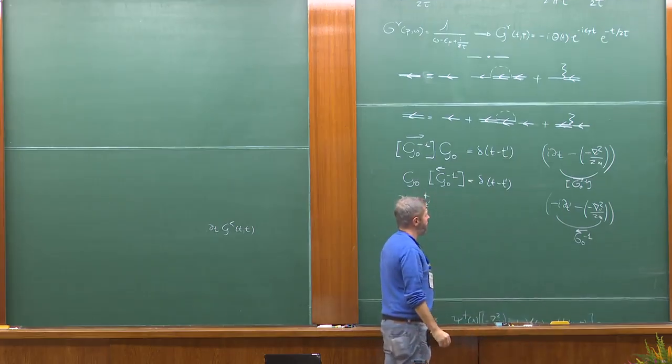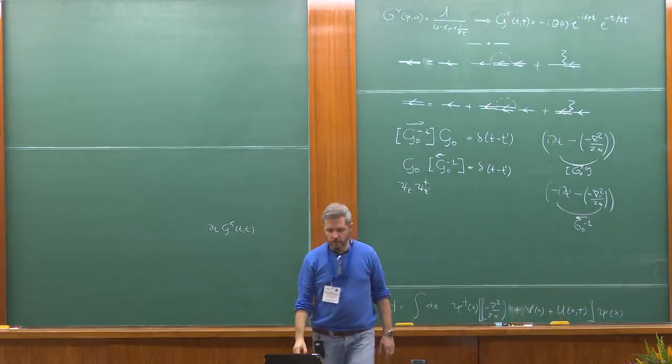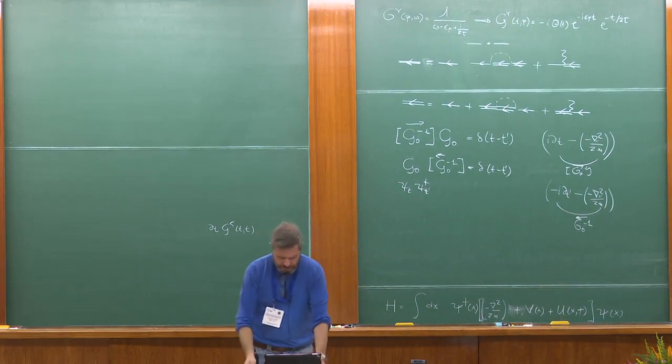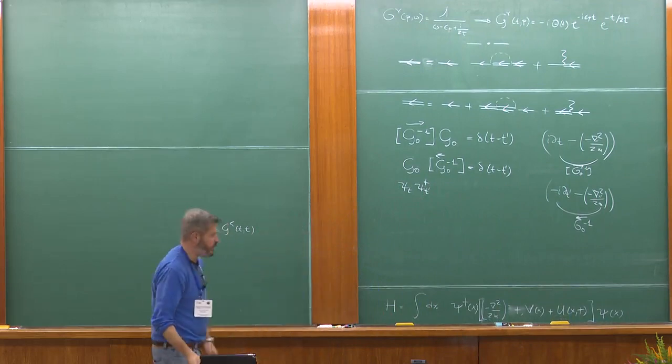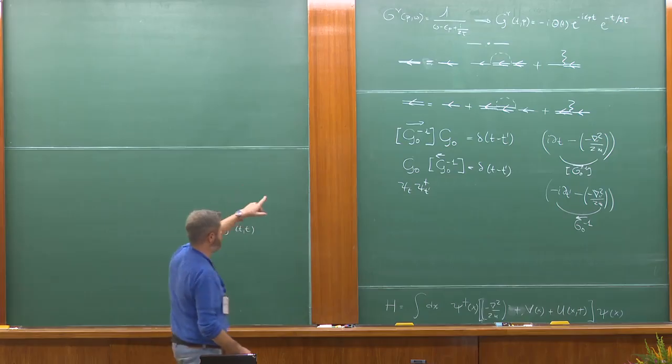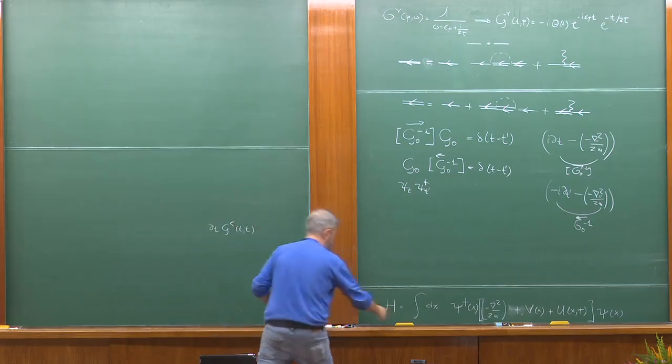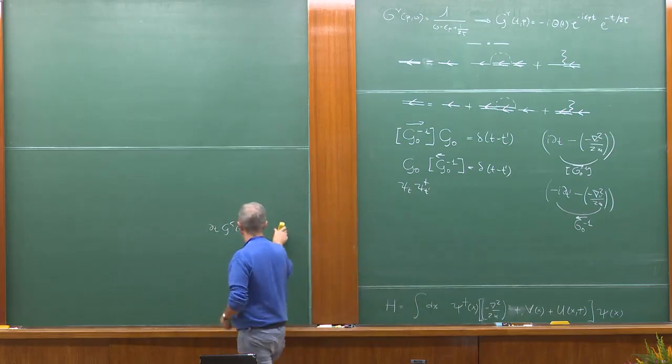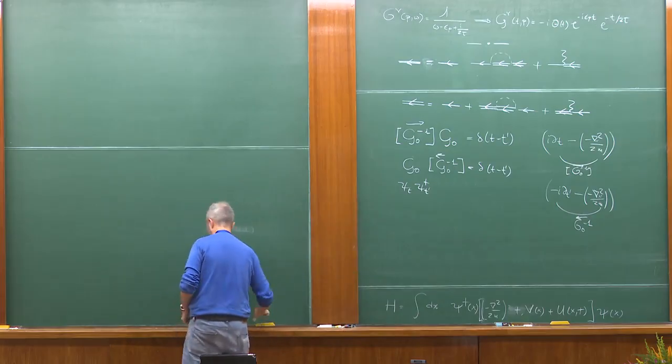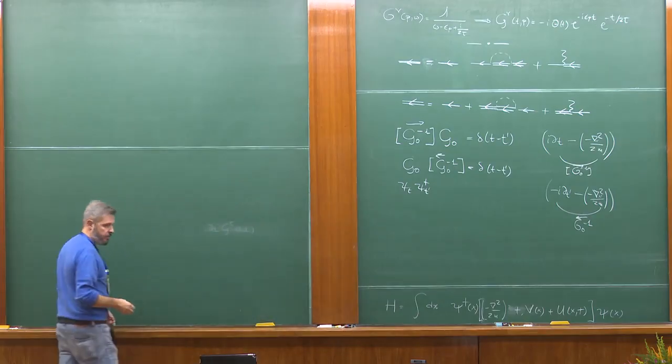Right, so now that we understand this, we are ready to crank up the machinery. So we look at the Dyson equation that we wrote up there. We know that acting with these operators will produce us deltas. And now we